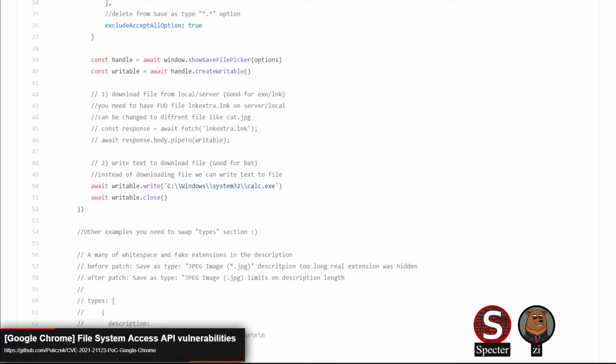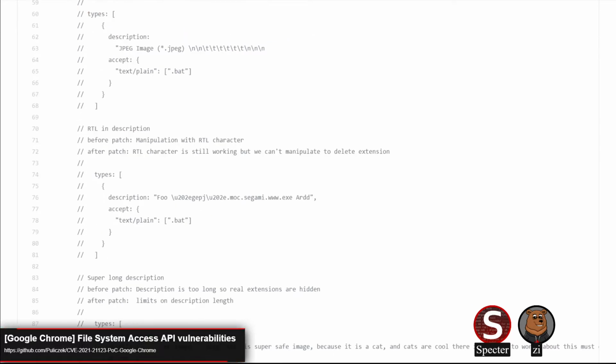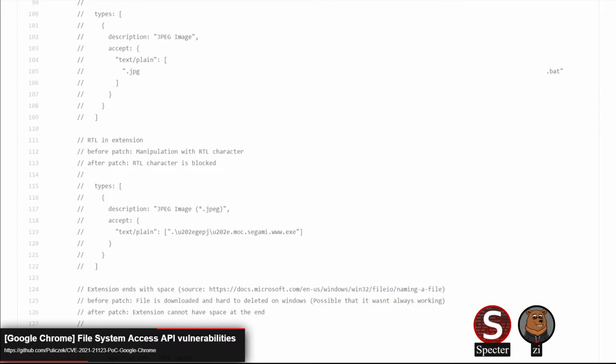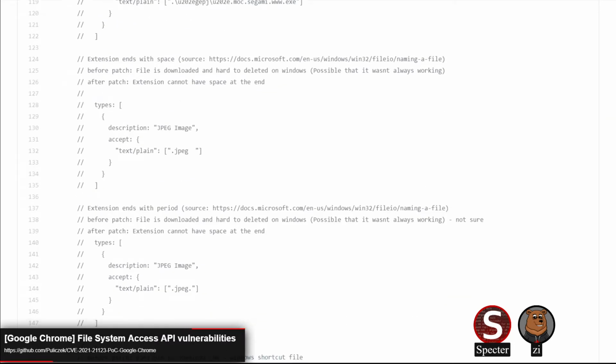So they were using white space and fake extensions to hide the real one, using RTL characters to delete the extension from the description or in the extension itself, using really long descriptions to try to get the extension truncated or pushed off. One of the more impactful ones, I think, was allowing shortcut files to get saved through the get file handle API, .lnk files.